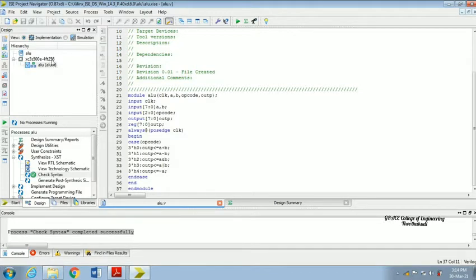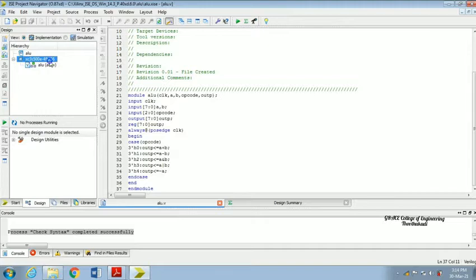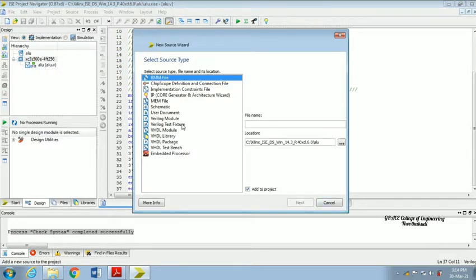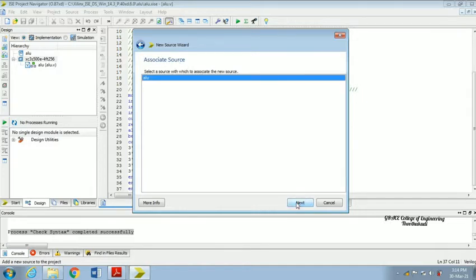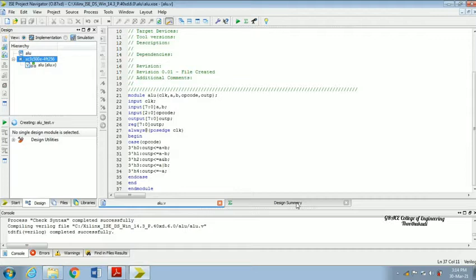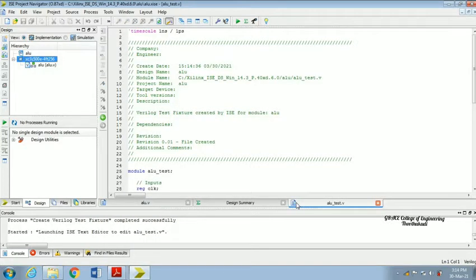After that you have to again go to the device, click and go for new source, and this time choose Verilog test fixture. You have to type and give the file name as ALU underscore test. Then click next, click finish. Then the test bench code will be generated for this corresponding Verilog code. In order to simulate and verify the output, you have to change the mode of operation.